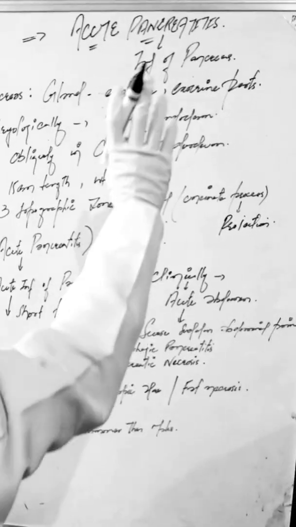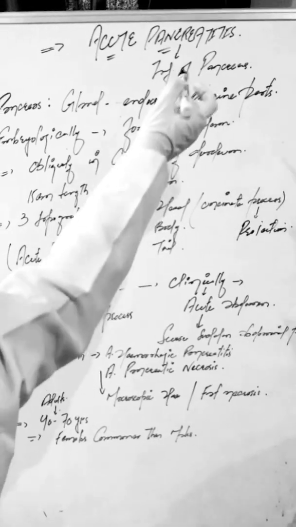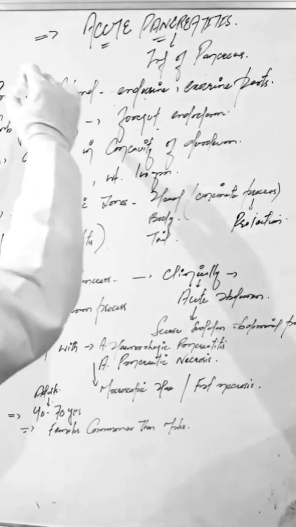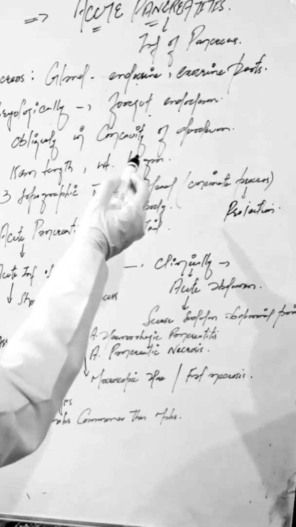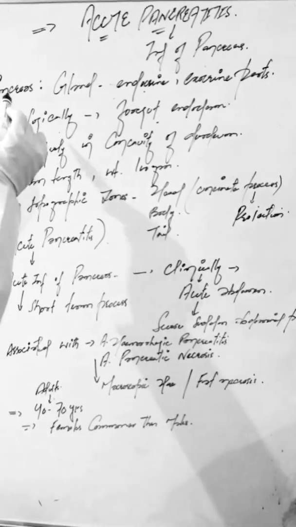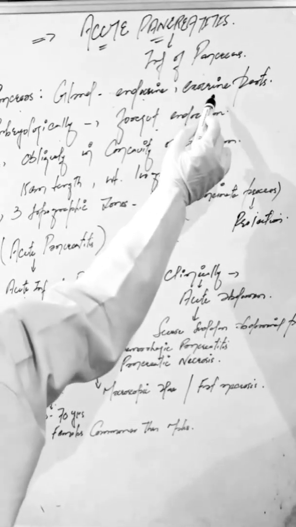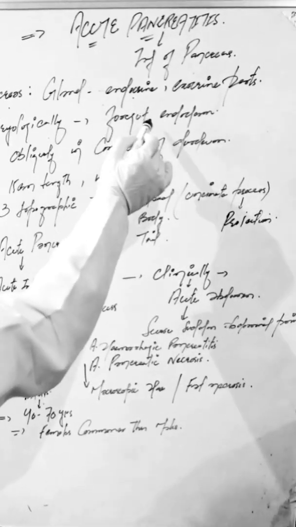Hello people, in this video we will be learning about acute pancreatitis. Pancreatitis is inflammation of pancreas. As you would have already read about pancreas, here I am giving you a gist of it. So pancreas is a gland which has both endocrine as well as exocrine parts, and embryologically it's derived from foregut